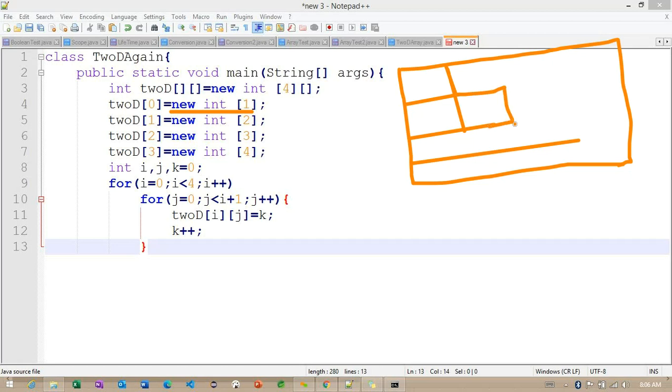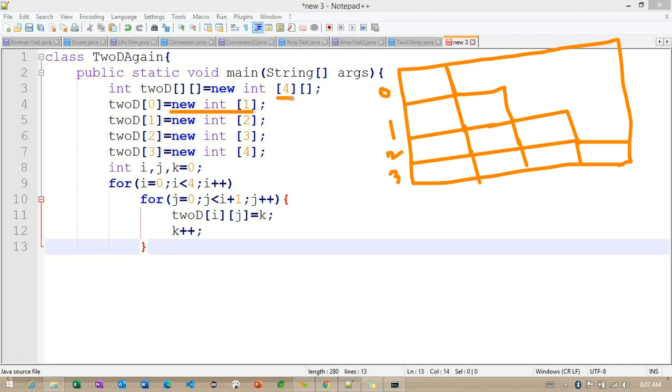For the third, we'll have first and second and third here. For the fourth, we are going to create like this. So observe how I am creating here. Because these are 0, 1, 2 and 3. So it becomes 4 here. This particular array is completed.